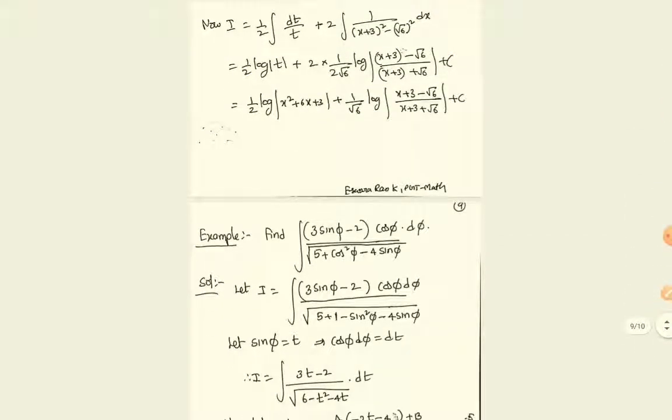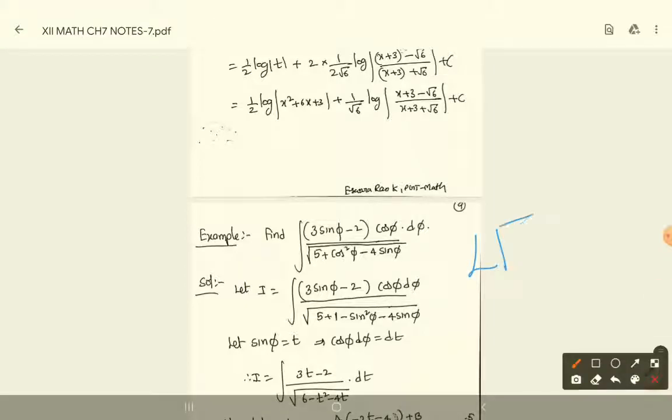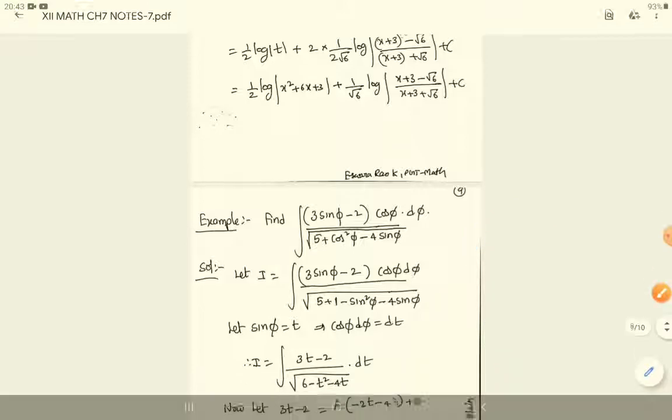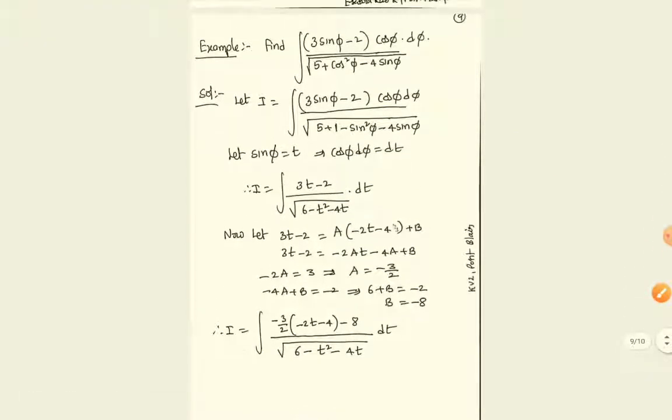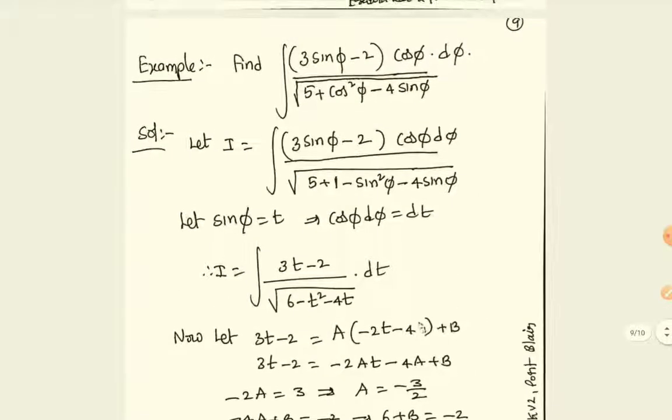So this is a question related to this only, but we will have to do some kind of substitution to convert the given expression into the linear expression by quadratic expression model or root quadratic expression. To convert into that, you should do some substitution before doing the integration. This is a very important question, many times asked in the exam also.